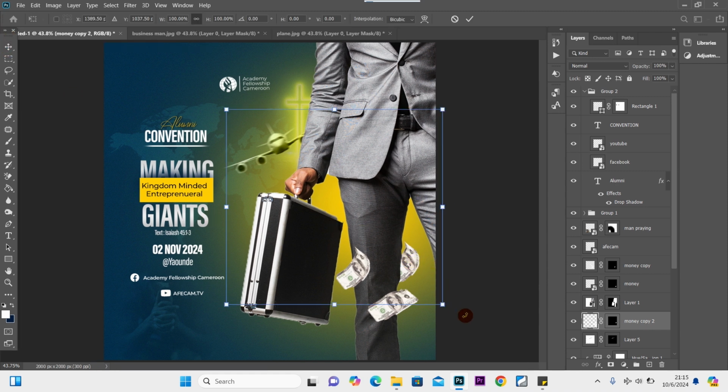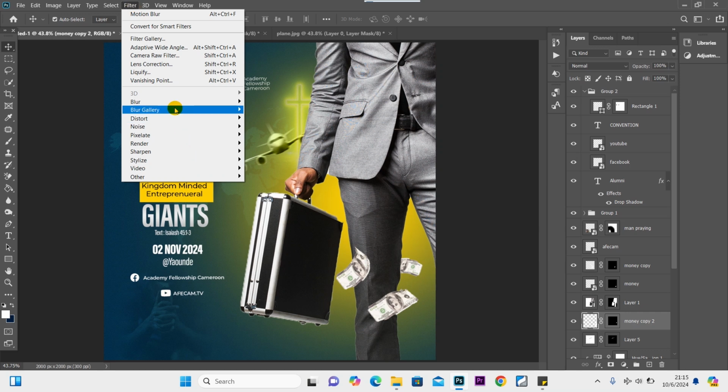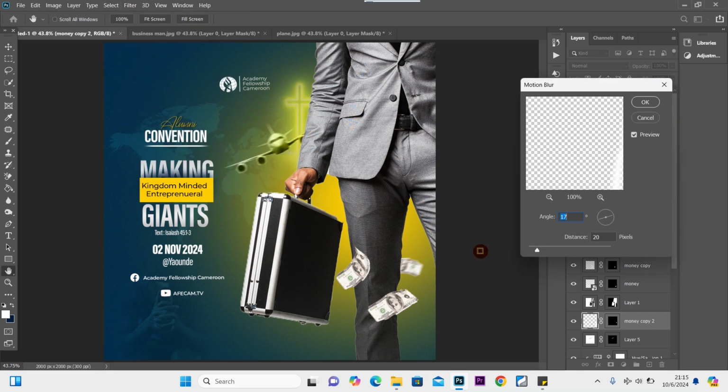Ctrl T. I think I rotate it like that, so it has another direction. And size like that. For that particular one, I'm going to add motion blur to it like that,